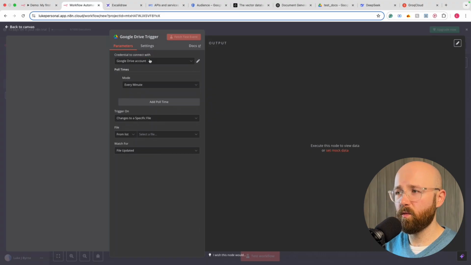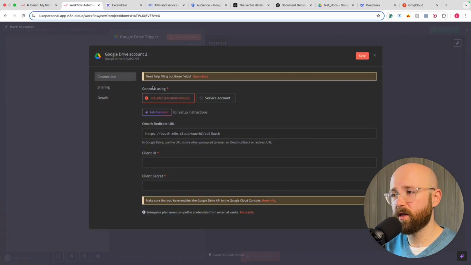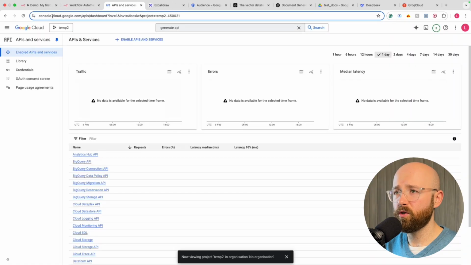credential to connect with. So from here, you won't have any. It will say create new credential. And if you click on that, it will then say OAuth 2 recommended. So from here, we're going to have to go and get OAuth 2 credentials. So we're going to have to go to